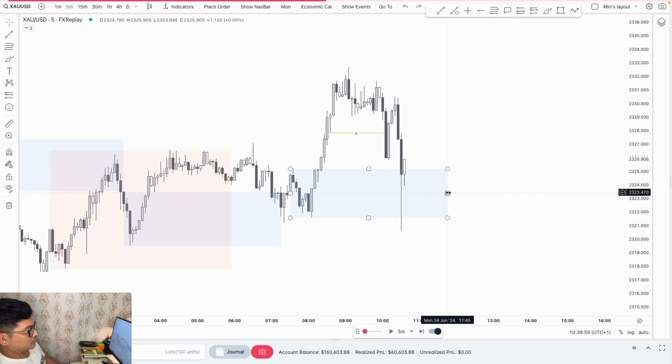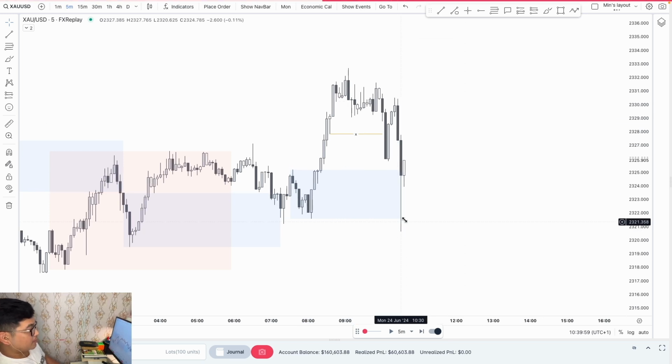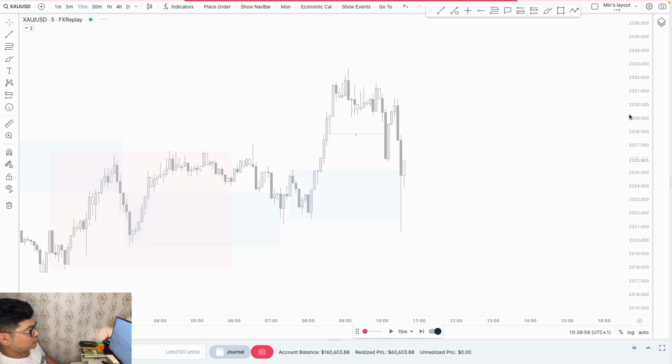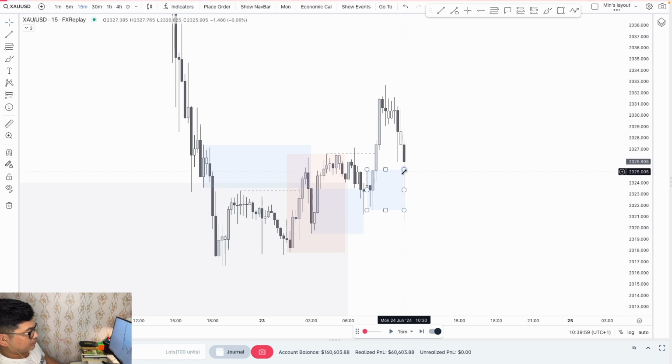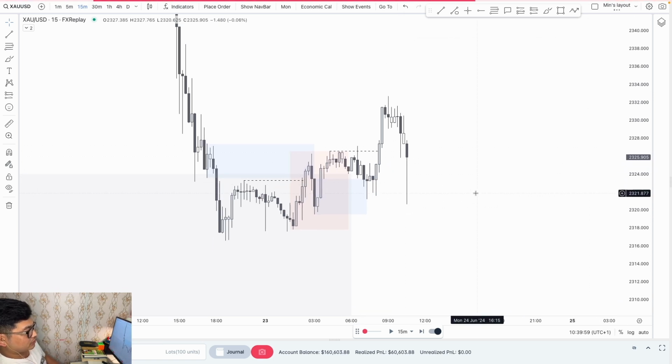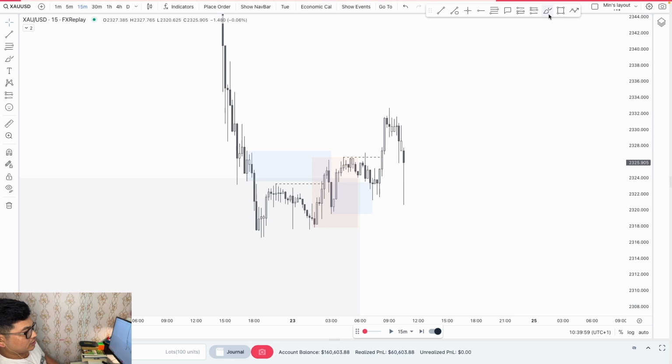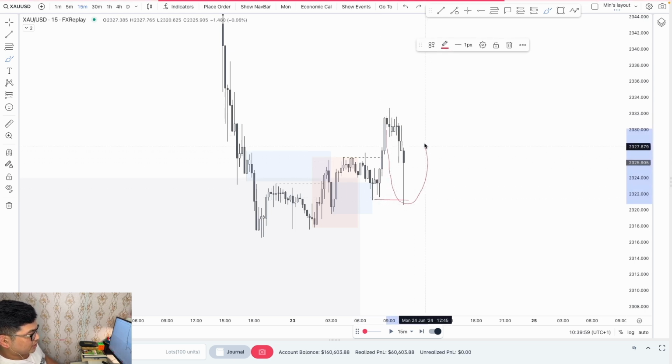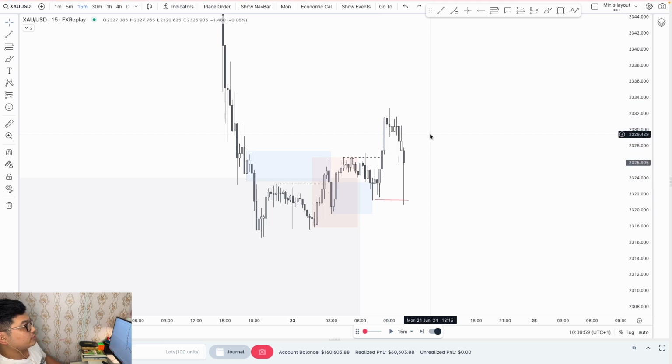Oh wow, so fast. All right, so yeah, my zone has failed. But you can see that after filling the zone, I would like to see what M15 is going to do next, because I don't want to take a short against this kind of huge rejection over there. You can see the push is so clean, but the retrace price action was not really clean, it's pretty much corrective. So still the market has the bullish momentum, I would say, until we fill this low with a body close. Let's see that.